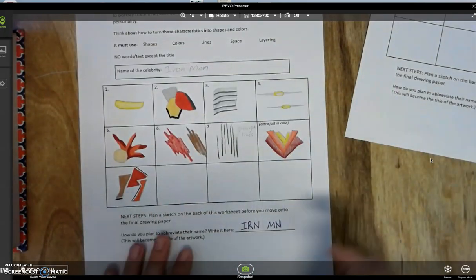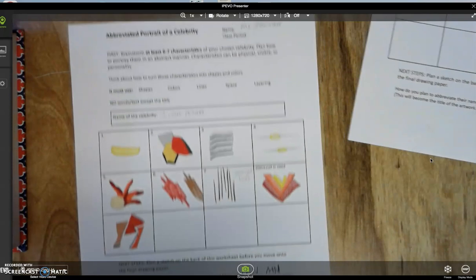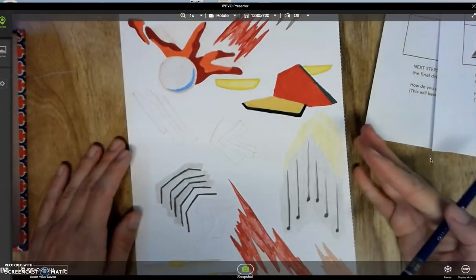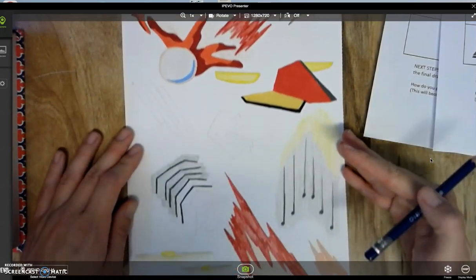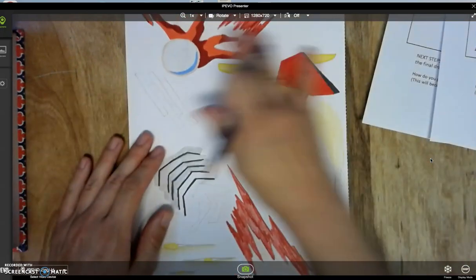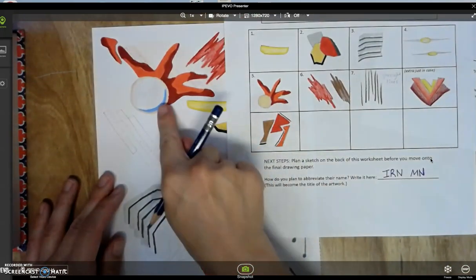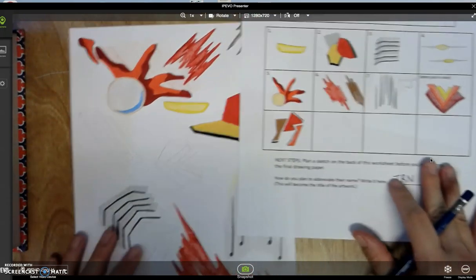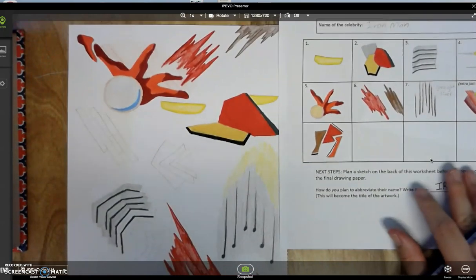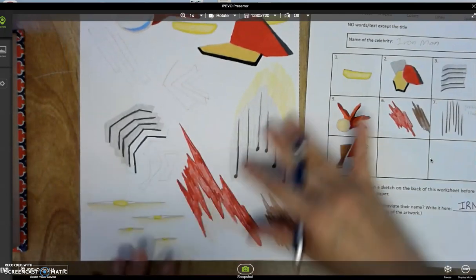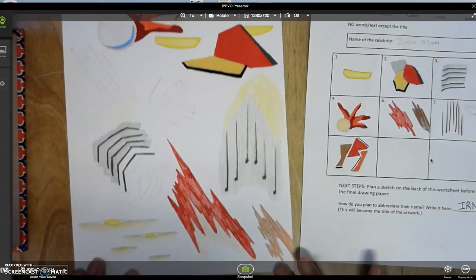Then, after I made my plan, I grabbed a piece of white drawing paper, and that will be labeled in the classroom. This is in progress. This is not done, okay? This is in progress. So you can recognize some of the shapes here. And I drew larger because your paper is going to be larger. You want to use a lot of the space in your composition. But again, it's an